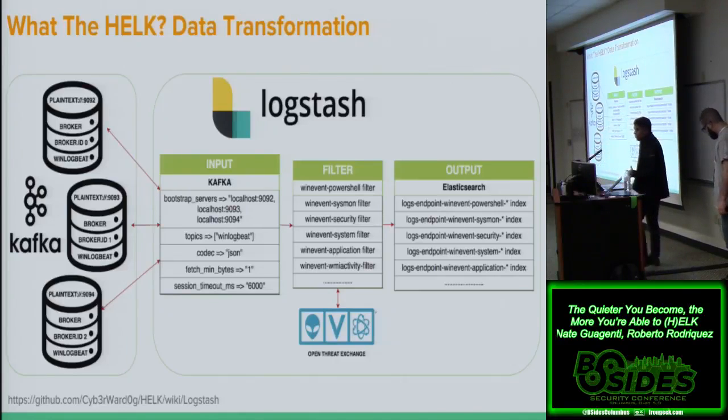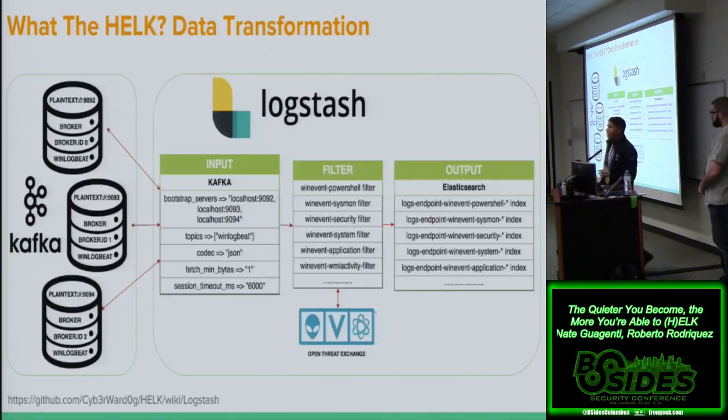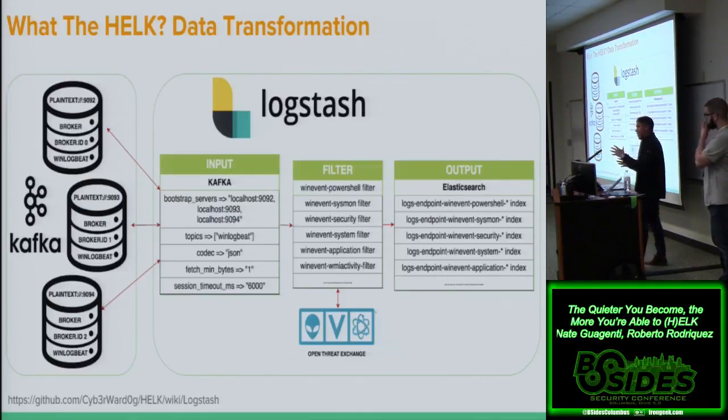And then for output, of course, we divided. Actually, Nate's idea was to divide it into different indices, but at the same time keep a naming convention, so that if I just say logs-star, I will hit all my indices at once. I've seen a lot of organizations naming their indices, let's say, technology 1, case 2, different names that you won't be able to put together in just one query. So that was something we were trying to address with Logstash, and to show you how you can start creating your own indices.